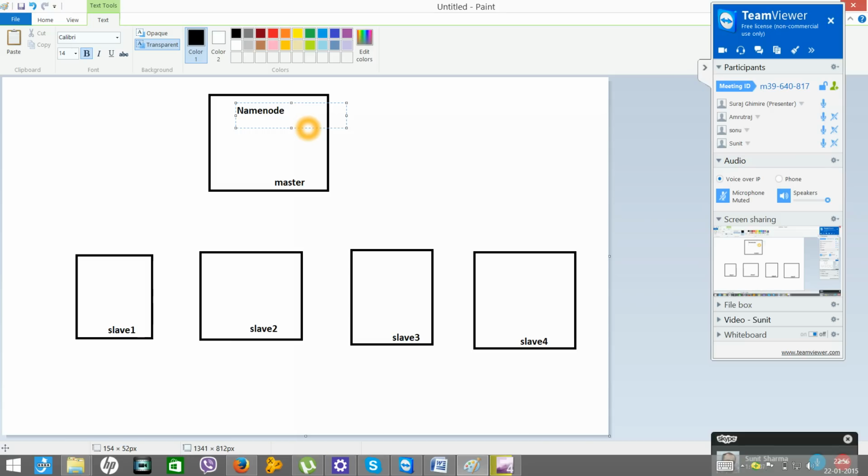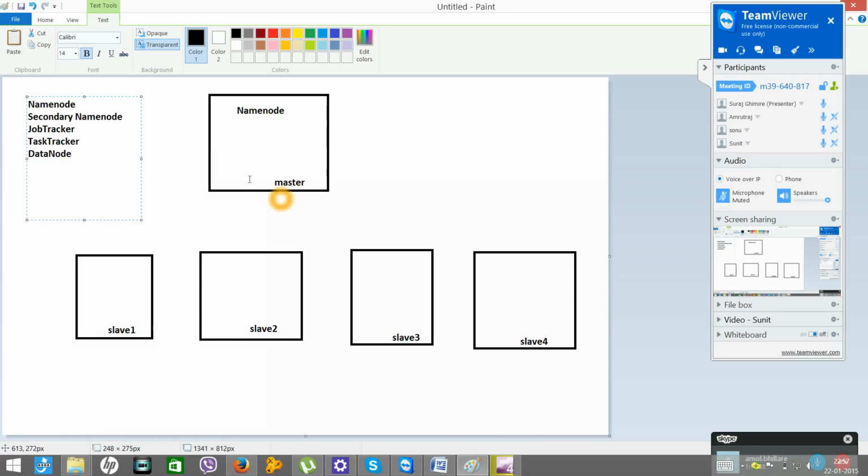So when you talk about Hadoop, we have various components like name node, secondary name node, job tracker, task tracker, and finally data node. Installing Hadoop means installing and running these processes.